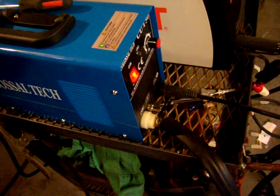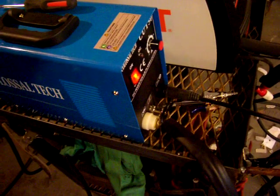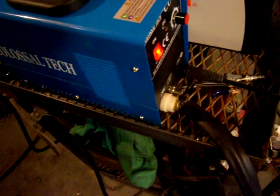Actually, it seems like it has a lot more power than a lot of the more expensive machines I have at work. We have a real nice ESAB plasma cutter, and it doesn't cut near as nice as this does. We got a nice Miller plasma cutter, and it doesn't seem to cut as nice as this does. The only thing it doesn't have